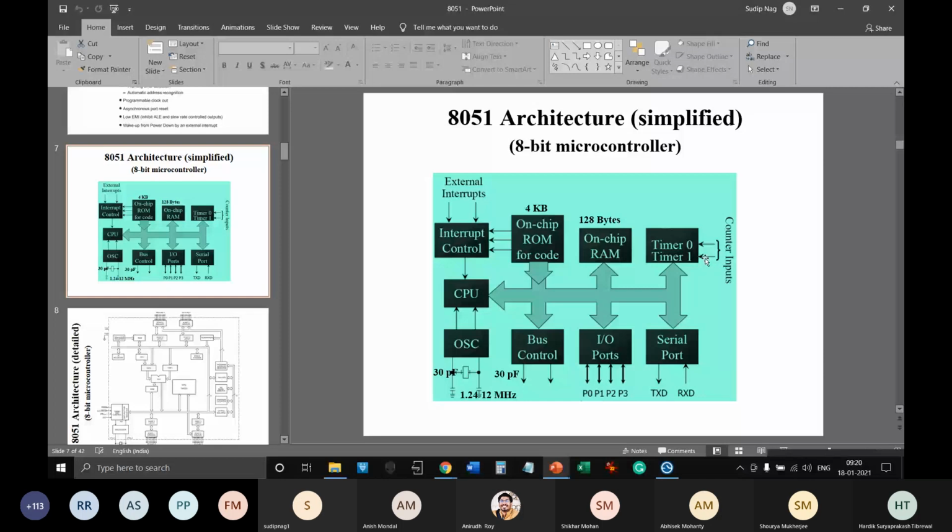So how do I count the time elapsed? I have an oscillator generating a clock signal, let's say a 1 megahertz signal. I'm taking a simple, slow example. That 1 megahertz signal is generated by using this oscillator. So I should use a 1 megahertz crystal oscillator, then this capacitor and this external and internal circuit, and then the CPU will get a 1 megahertz clock signal. Now I want to know whether 1 second has elapsed or not. How do I know whether the microcontroller has elapsed 1 second after I turn it on?